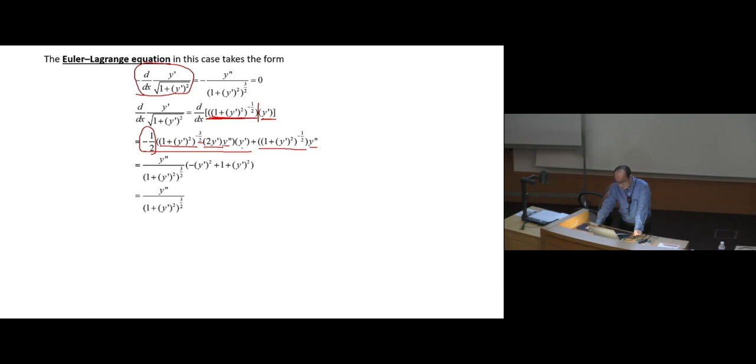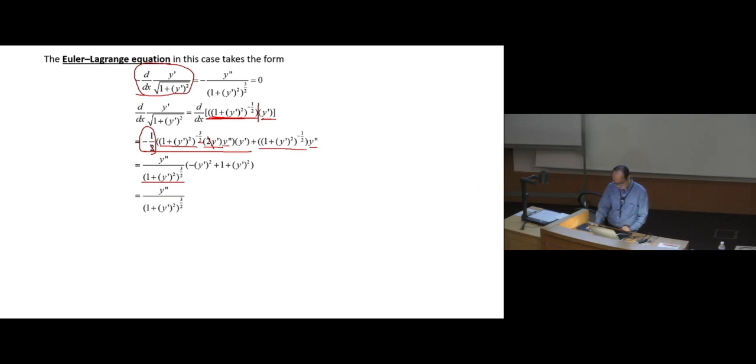Okay, and then you do some reorganization, right? You can say, okay, I want to have a common denominator, so I put this one as the common denominator. There is a minus 3 over 2, there is a minus 1 over 2. So therefore, I put this one as the denominator. I put the first one, while the y double dot. Here, those 2 will be cancelled out, right? Then I have this minus y dot square. That is for the first one.